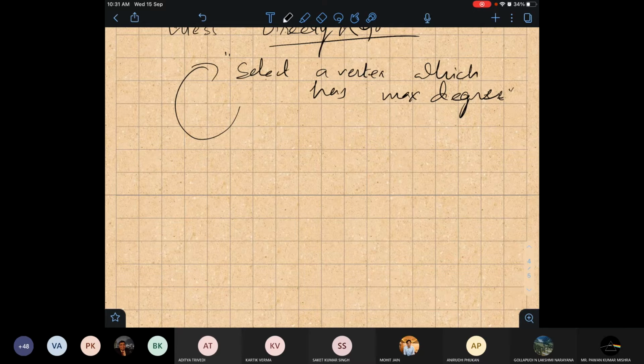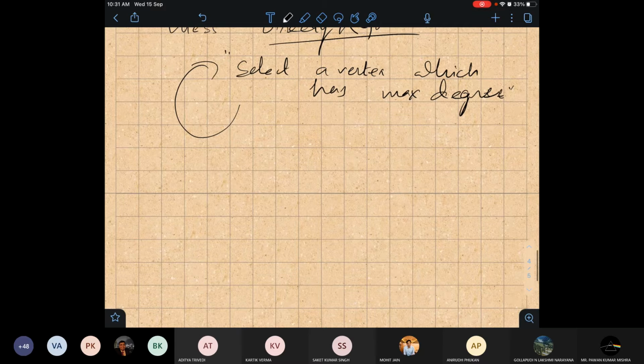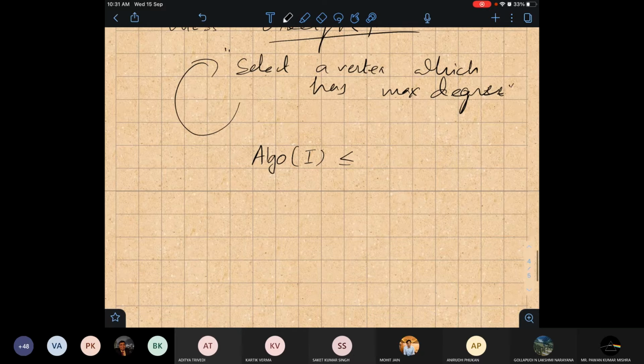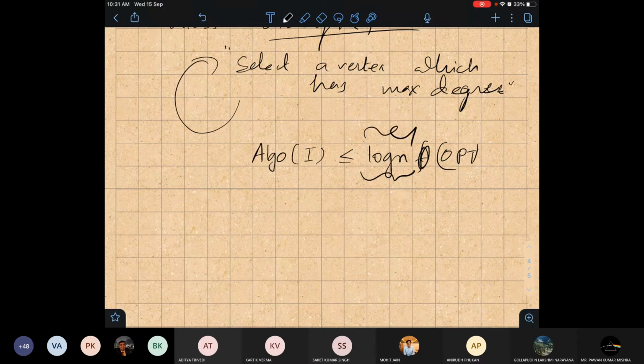I can prove it also. Suppose this is an algorithm. I'm talking about all instances, so I'm talking about the worst case. This algorithm will give a log n factor, even worse than log n factor, compared to optimal. So if you run this algorithm, I will get a log n factor algorithm, which is pretty bad, because log n depends on the input size. If we have large inputs, this algorithm will return a bad solution.